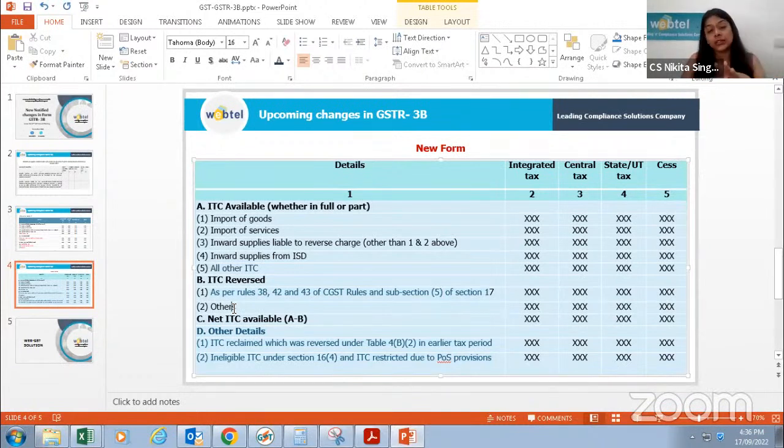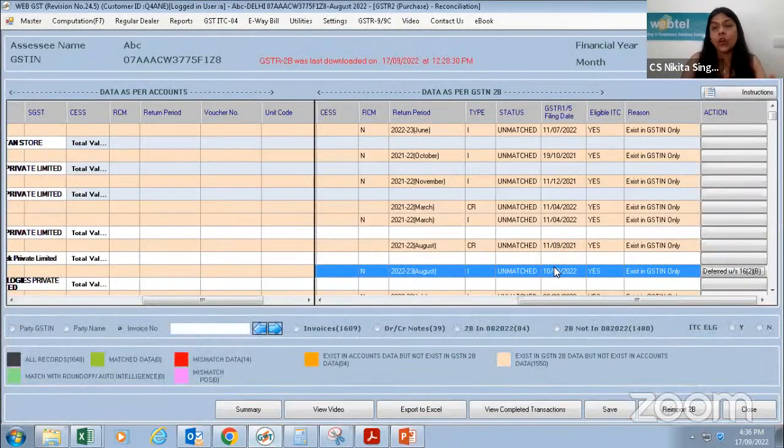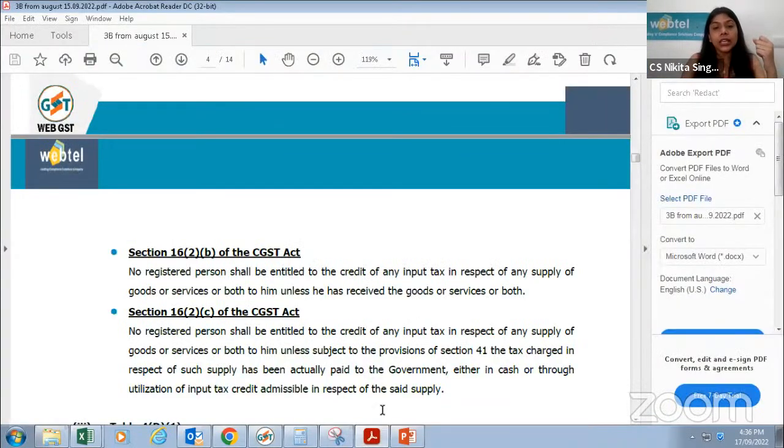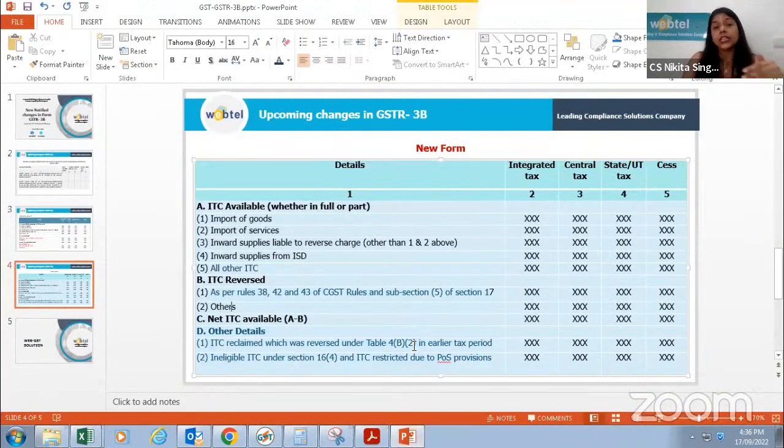So in that month, when you will open your GSTR 2B, like this form, accounts versus GSTR 2B, suppose I become eligible to avail the credit in September month. तो अगर मैं सितंबर मंथ की GSTR 2B वर्सेस अकाउंट्स फॉर्म ओपन करूंगी, वहां मुझे इस इनवॉइस के सामने रिक्लेम बटन ही दिखेगा. What is the meaning of reclaim? Reclaim का मतलब ये है कि we have identified कि अब मैं इस इनवॉइस का क्रेडिट लेने के लिए